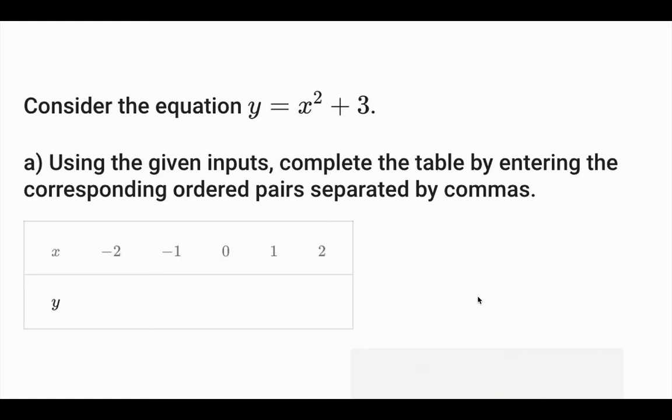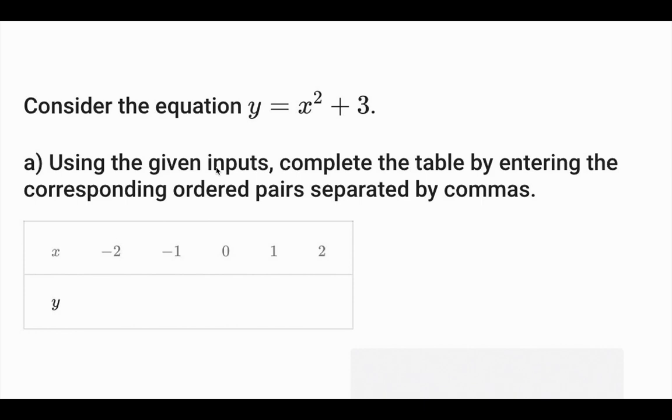This video is going to go over questions that are from the standard and factored form quiz. So if you have other questions about this, just let me know and I can make a video or answer those questions. But the first one is when you're looking at an equation, y equals x squared plus 3, using